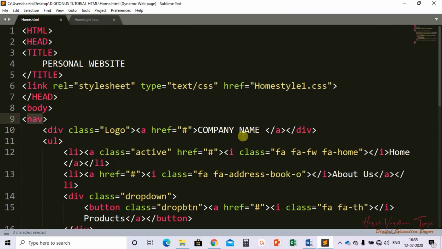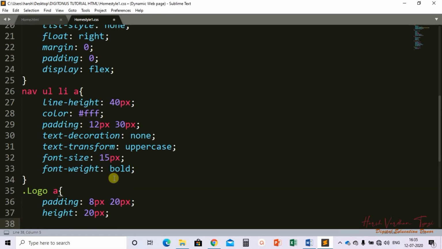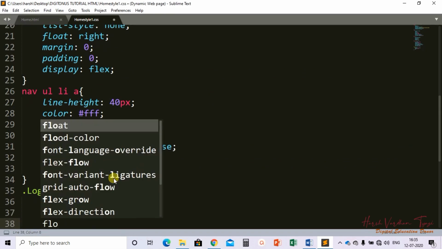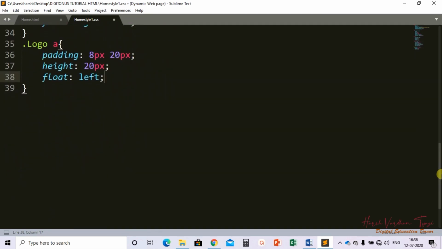We'll design this company name, we are working with the decoration part of this company name. For the logo a, we want pixels and 20 pixels, then float, it should float on the left side. The left I have mentioned here, float on the left side.